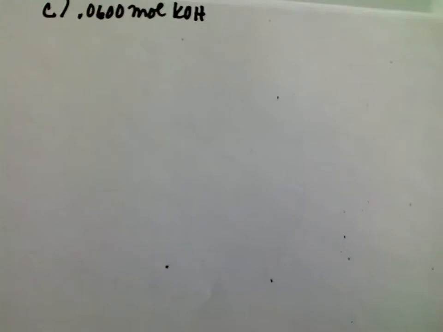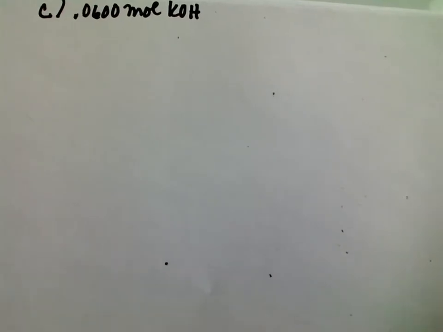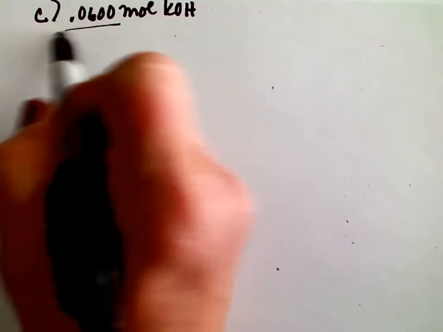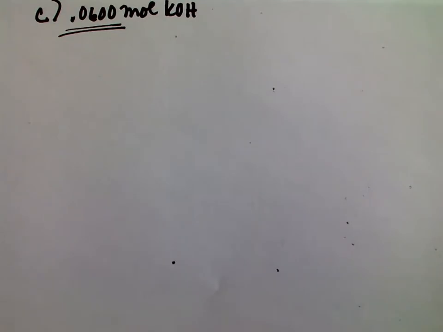Okay, this is a continuation of the problem that we were working on a few moments ago. I inadvertently pressed the stop button rather than the pause, so we're going to have two segments here. And what I failed to mention in part B was I found a typo in your packet. The number of moles of HCl and KOH that are added should be 0.0600, not 0.600. If we had that amount, we would have destroyed our buffer, which is actually what we'll look